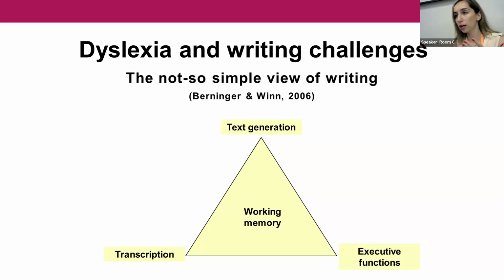Transcription is about spelling, handwriting, and keyboarding. Executive functions are about self-regulation strategies and behaviors, and text generation is about converting ideas into written text, all of which can be difficult for students with dyslexia. For instance, if a student thinks a lot about how to spell a word, then less cognitive working memory resources